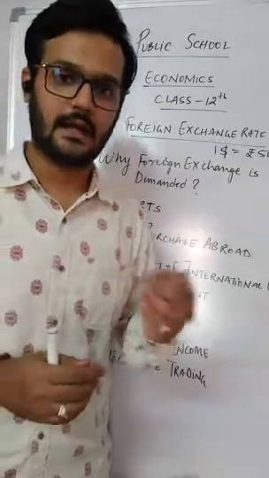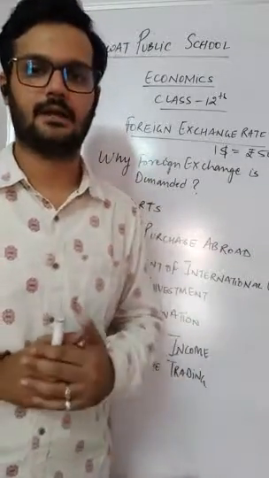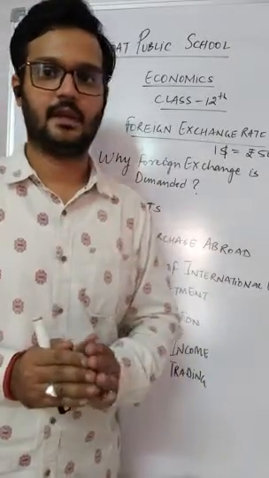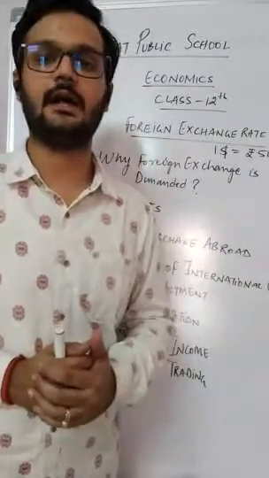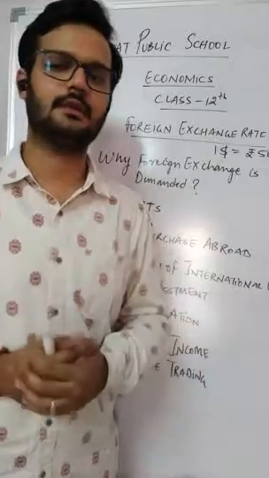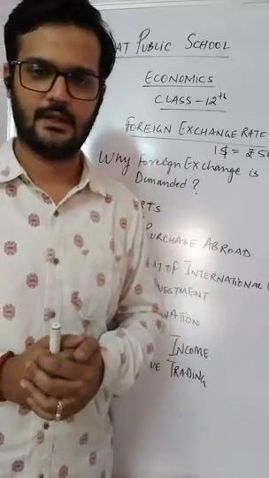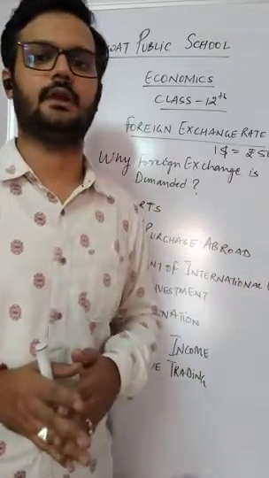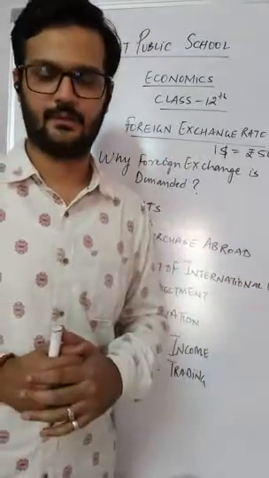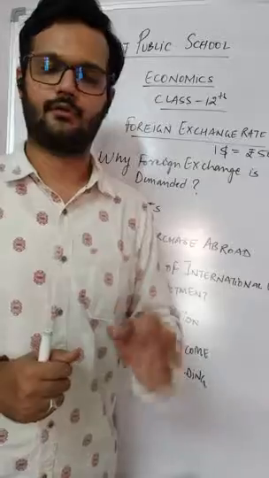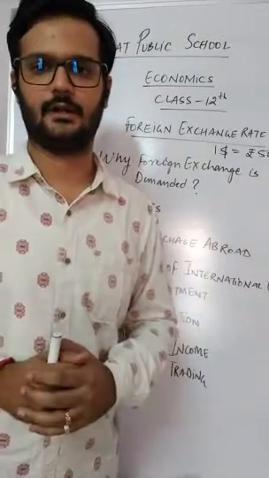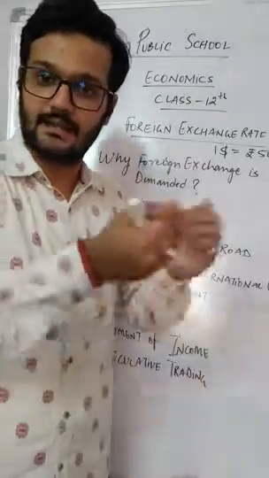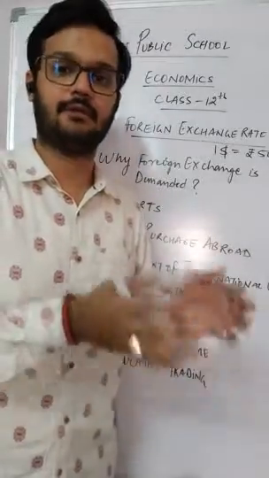So it is allowed in the international money market that you can buy foreign exchange at a lower price, and you can sell the foreign exchange at a higher price whenever you think the price is suitable for you. So this particular process is known as speculative trading, and you earn profit from this speculative trading. But for this purpose, you also require foreign exchange. You need to buy that foreign exchange.